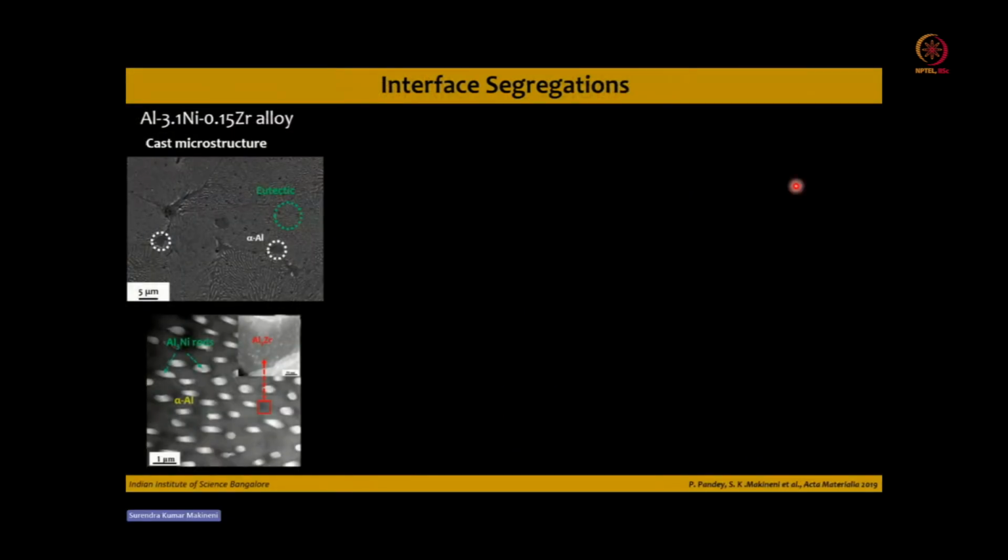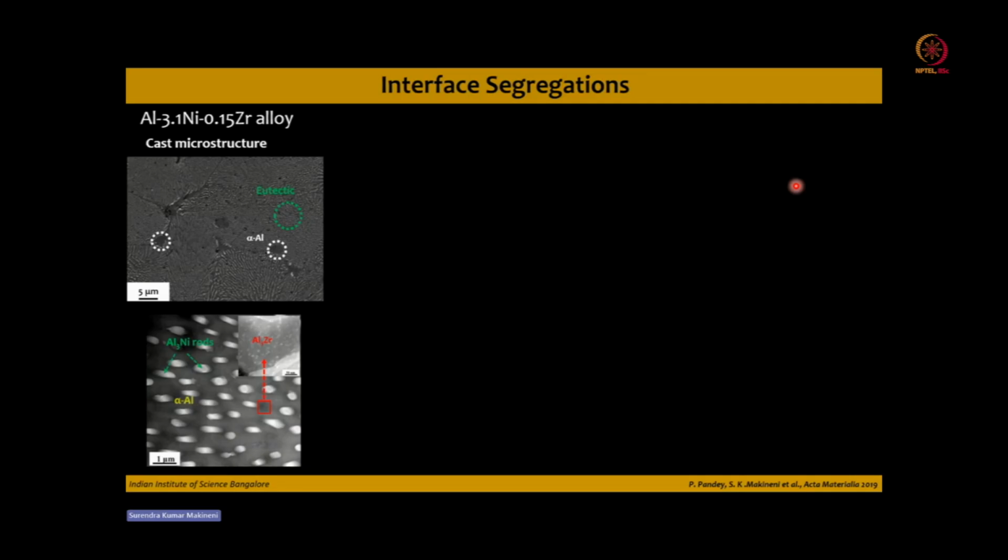This is another example of an interfacial segregation, in an aluminum nickel alloy. Usually aluminum silicon cast alloys are used for piston applications in automobiles, but nowadays, to increase fuel efficiency, the temperature capability also should increase. Aluminum silicon alloys cannot sustain beyond 200 degrees Celsius. So researchers are looking for an alternative to the aluminum silicon eutectic